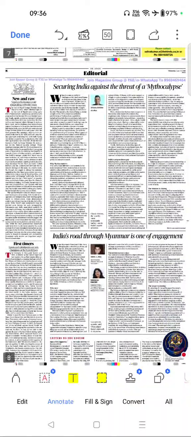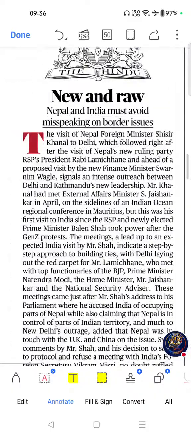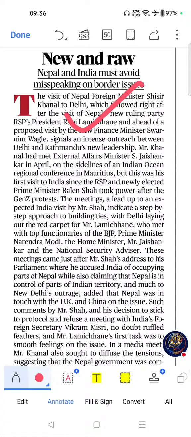It is the editorial section. The first important article from the editorial section was this one. New and raw. Nepal and India must avoid misspeaking on border issues. If we see the importance of this topic,